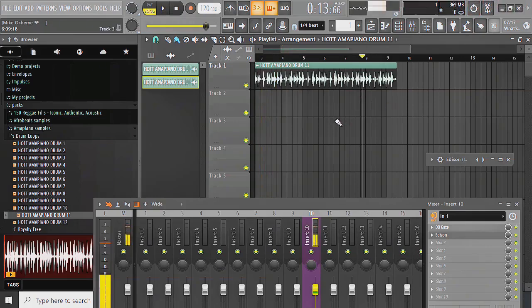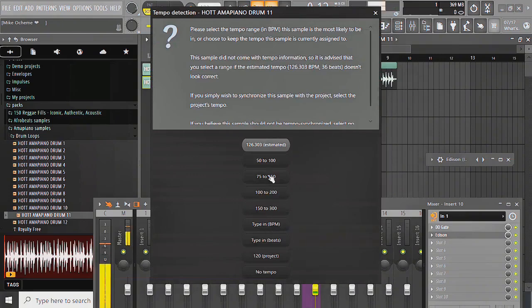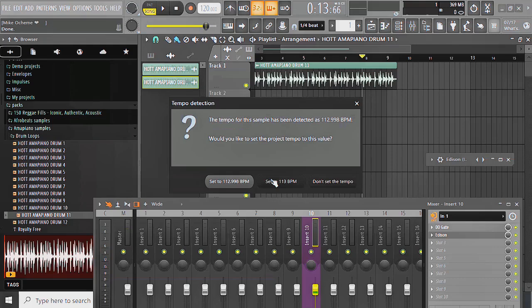So now if you want to set the project BPM to that of the loop, to do that, you go to this little wave icon again, then go to dictate BPM, and again you select 75 to 150. You already know why. Now it has detected the BPM of the loop. So it says it's